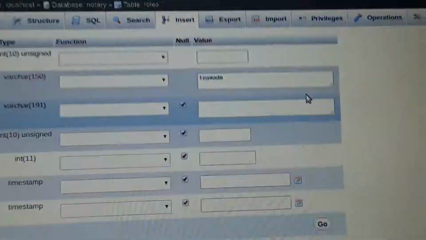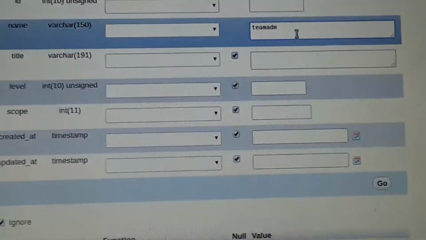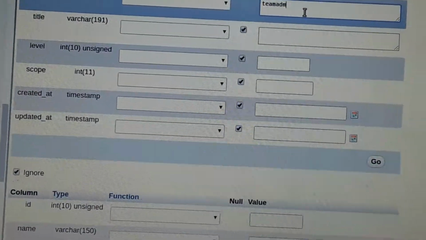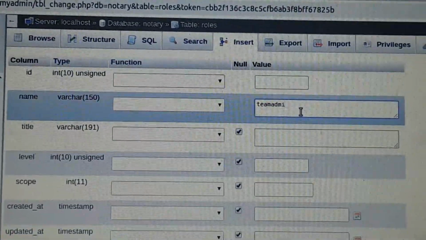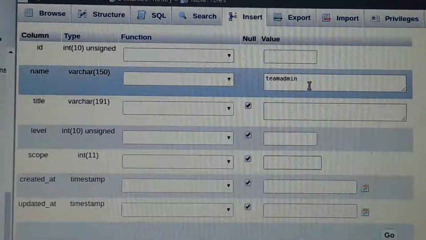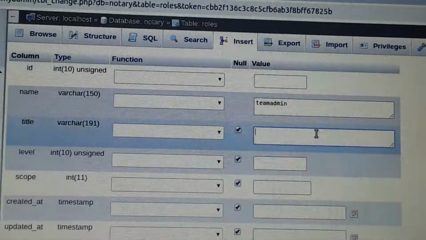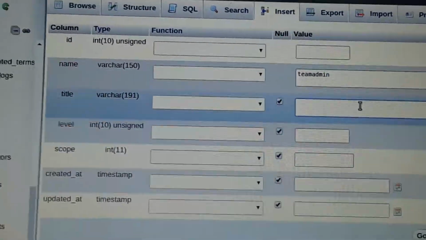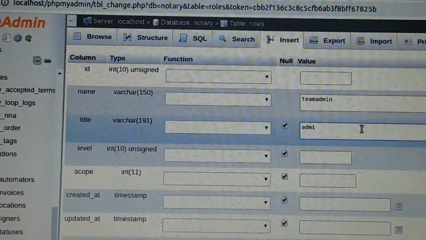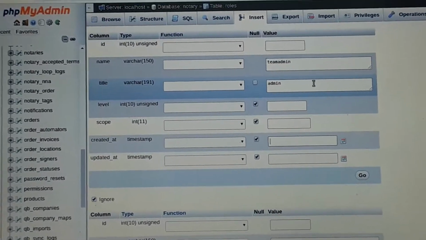Sorry, I wrote it wrong here. Team admin. What is the title? If you want to give a title, you can give it. Admin. What is the level? What is the scope? If necessary, you can give it.